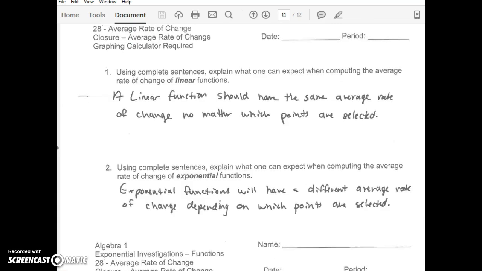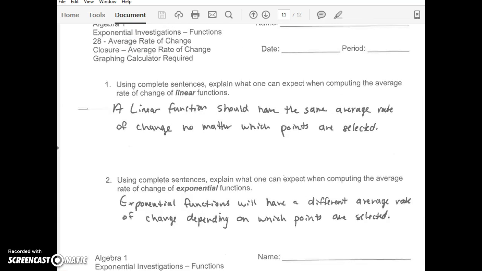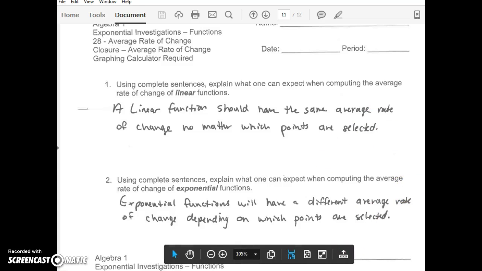So in the wrap-up, the closure: using complete sentences, explain what one can expect when computing the average rate of change of linear functions. We expect the average rate of change to be the same, no matter which points are selected, no matter which range of values you're using. But on question number 2, we're doing the same thing for exponential, and we expect the average rate of change to be completely different. We don't expect any two average rates of change to be the same on the same exponential function. If we did,